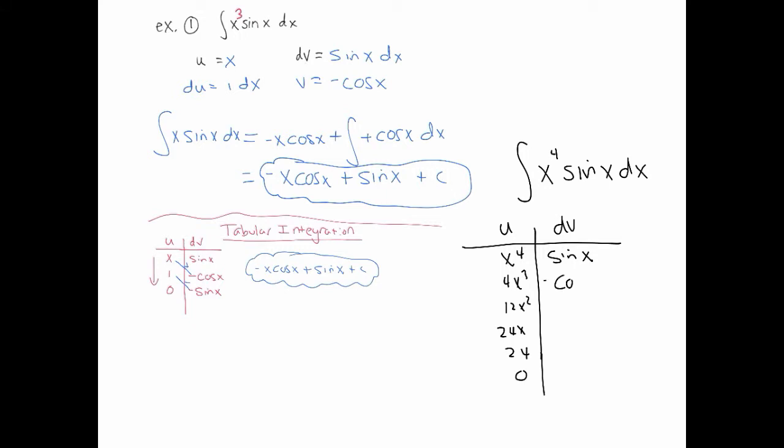So that would be negative cosine of x. And then the antiderivative of negative cosine is negative sine. The antiderivative of negative sine would be cosine. The antiderivative of cosine is sine. The antiderivative of sine is negative cosine. And now I take the positive product plus the negative product, positive product, negative product, positive product, to get that my final answer is